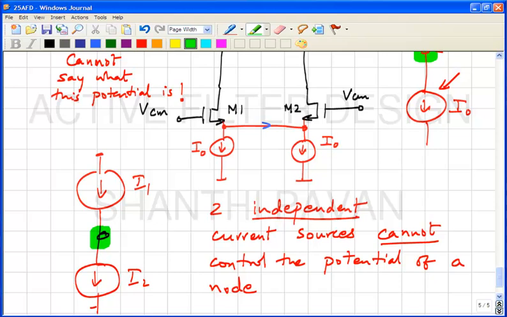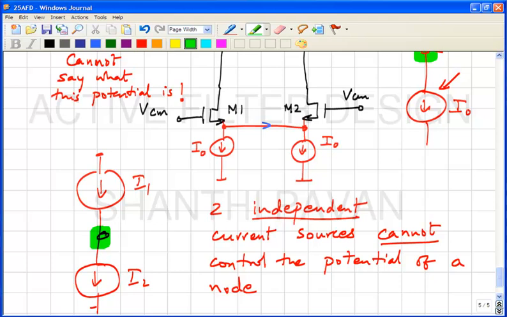It's like somebody being controlled by two bosses, right? Boss 1 says you do this, and then boss 2 is completely independent. If they were talking to each other, then things work, because this guy says no, I told him to do that, and the guy understands and doesn't give him any more work. On the other hand, if one guy says go and finish all these circuits today and come back to me tomorrow, and the other guy says no, that's all crap, just go and design these circuits and come back, what is the poor guy going to do? Going to go crazy, correct? No person can have two independent bosses, if the person is to be stable.